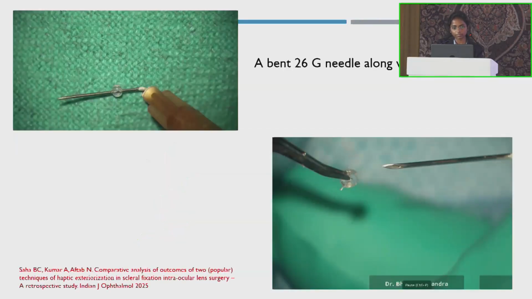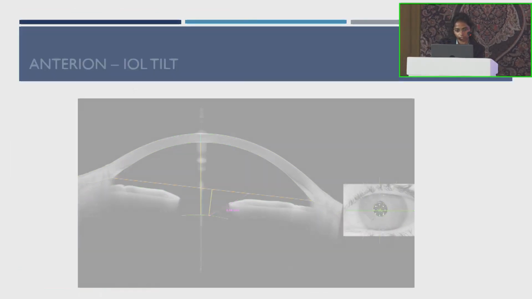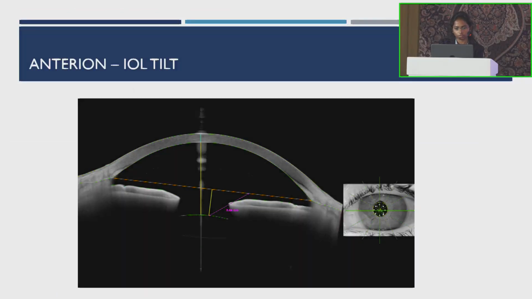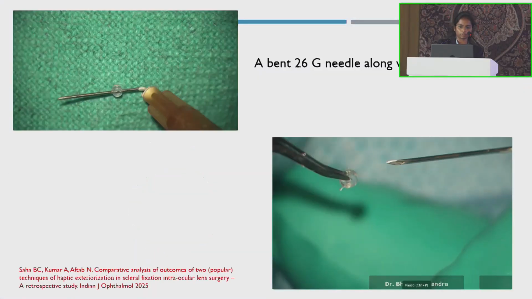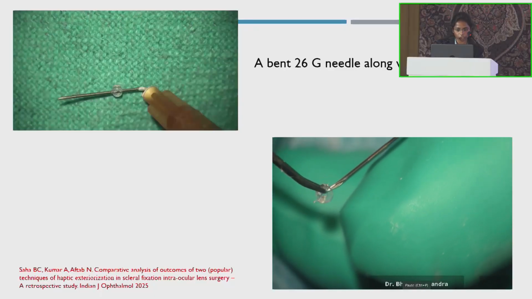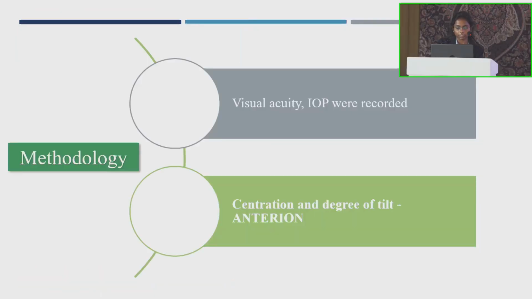This is the image of how an iris hook plug is used with a 26 gauge bent needle, where you can see the silicone iris hook plug being introduced into the 26 gauge needle. And post-operatively, visual acuity and IOP were recorded, and centration and degree of tilt were measured with the help